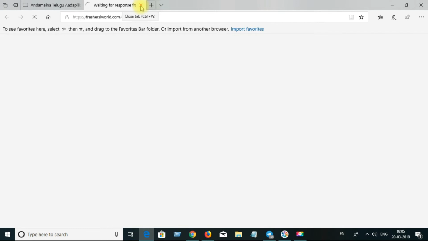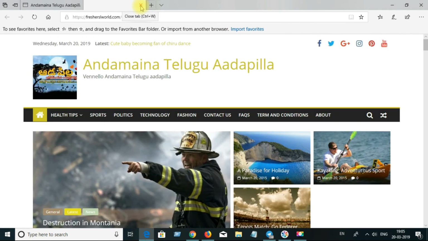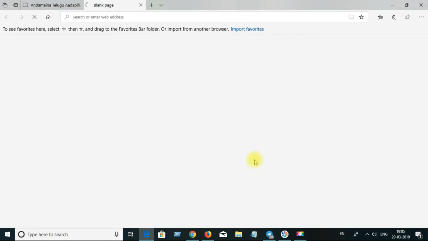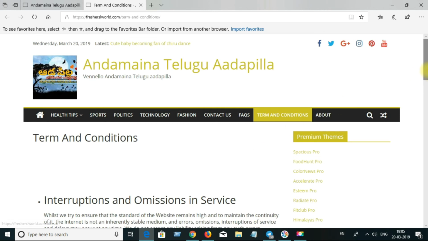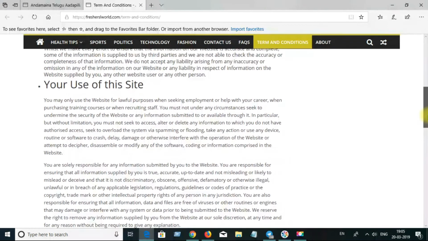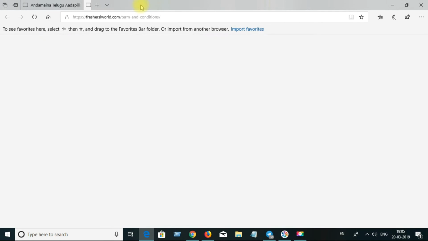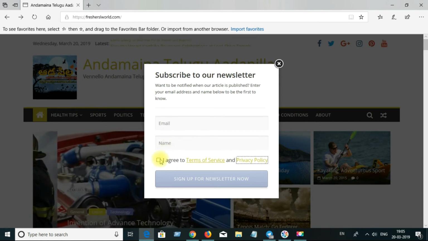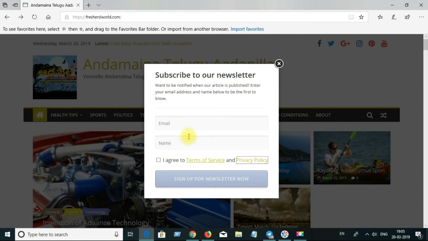It should open the terms and conditions which exist in your website. Here you can observe that. And then you can give your email, you can give your name, and then click on sign up for newsletter.